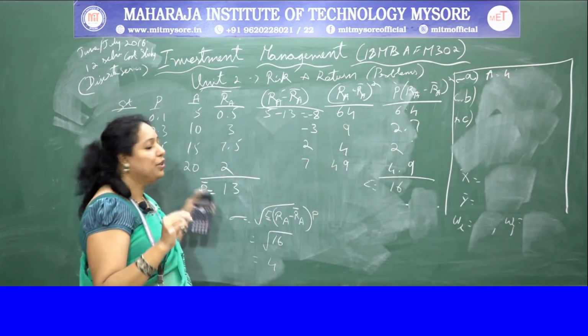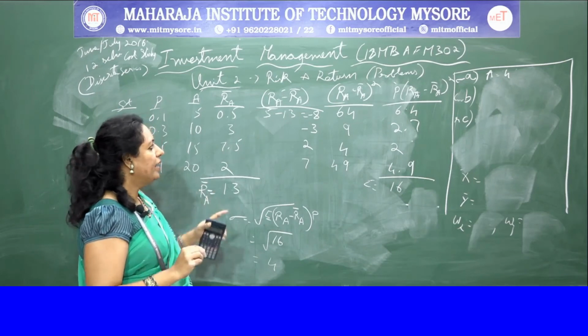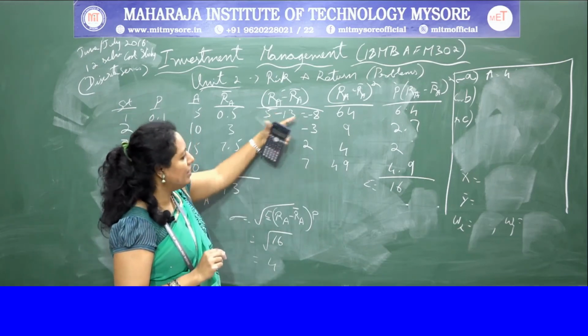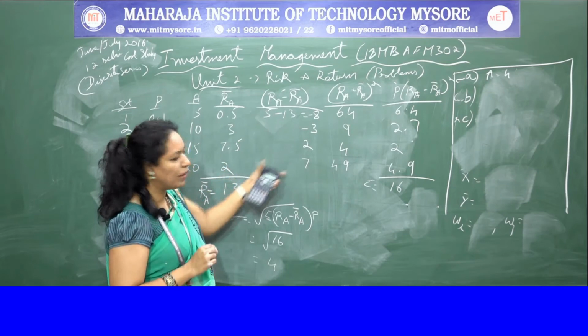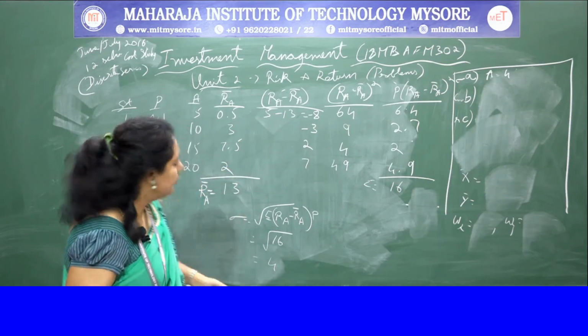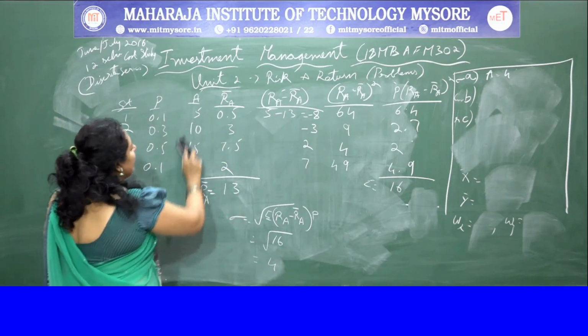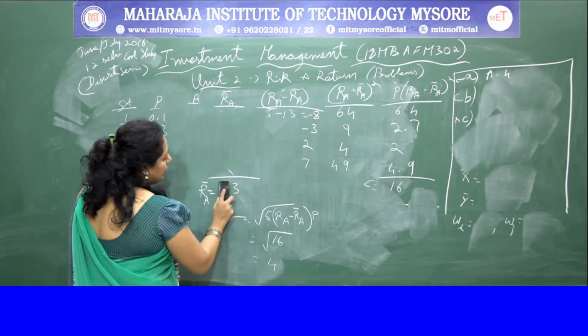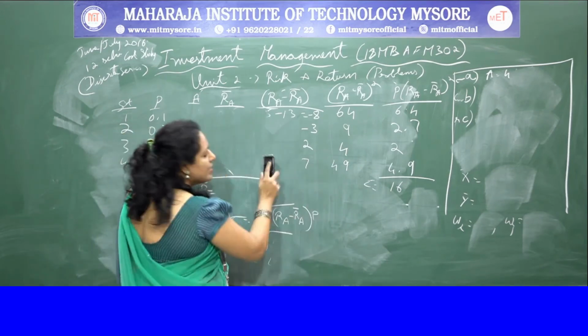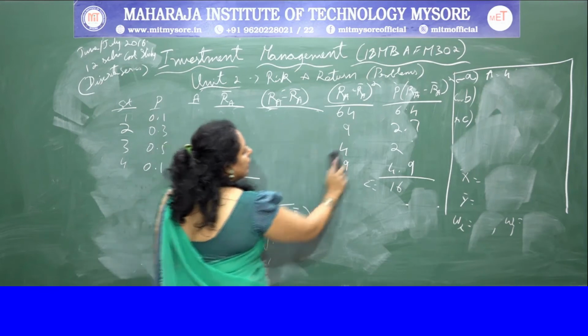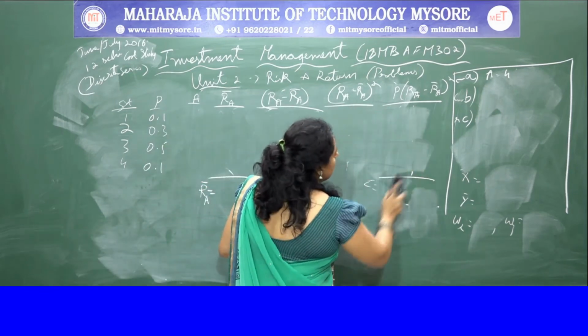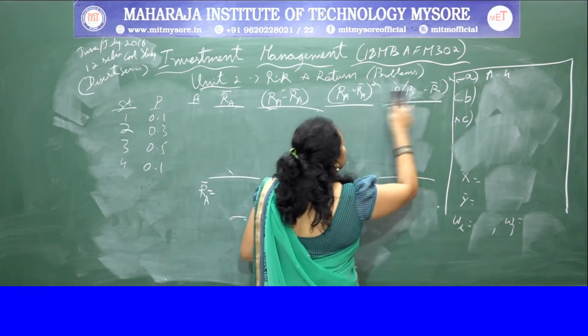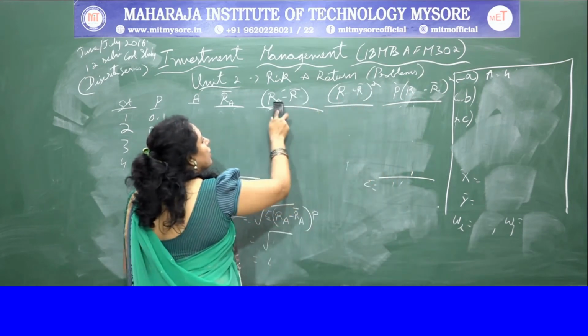In the same way, you have to do it for B. We need this answer at the end. So let's recall minus 8, minus 3, 2 and 7. Let's recall that. Record in our minds. Then continue with B security. In the same way, you all can calculate. Till I erase and do parallelly, you can also do it.